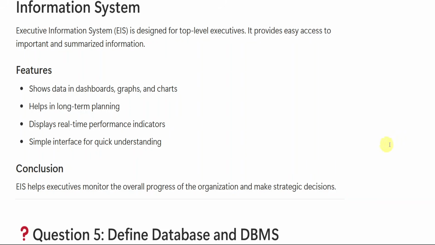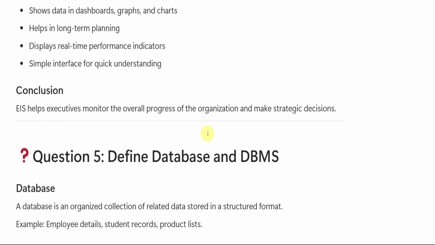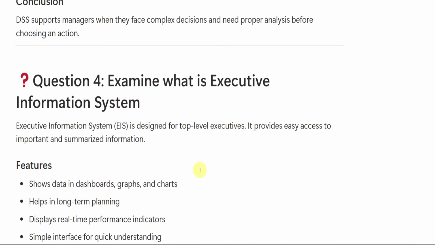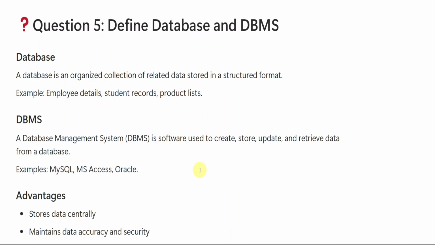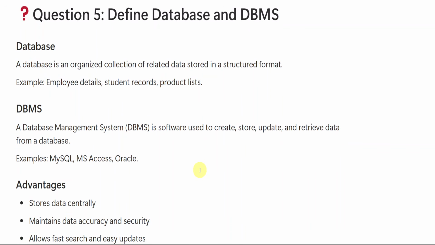उतना टाइम नहीं रहता ना, कितना हुआ क्या नहीं हुआ, तो उन लोगों को ऐसा क्विक समरीज होना पड़ता है, इसके लिए वे लोग एग्जीक्यूटिव इंफॉर्मेशन सिस्टम यूज करते हैं। नेक्स्ट वी हैव डिफाइंड डेटाबेस एंड डीबीएमएस। माय डेटाबेस इज कलेक्शन